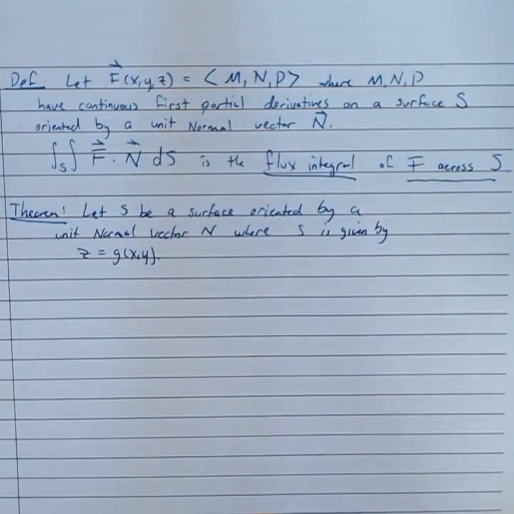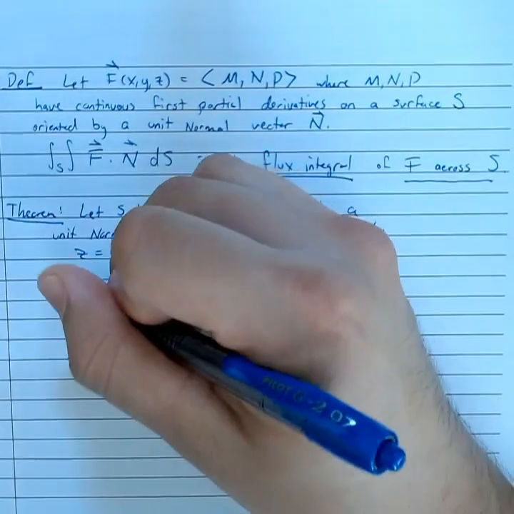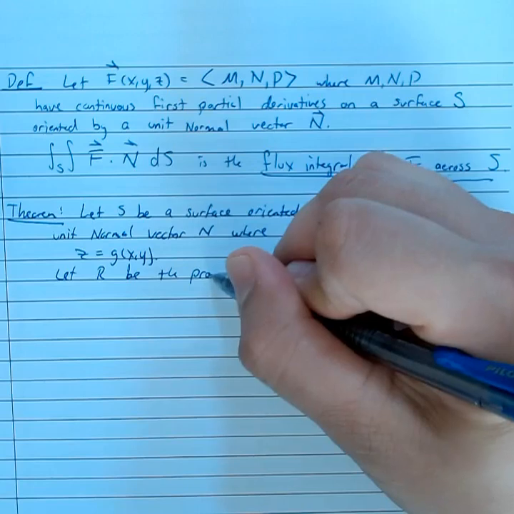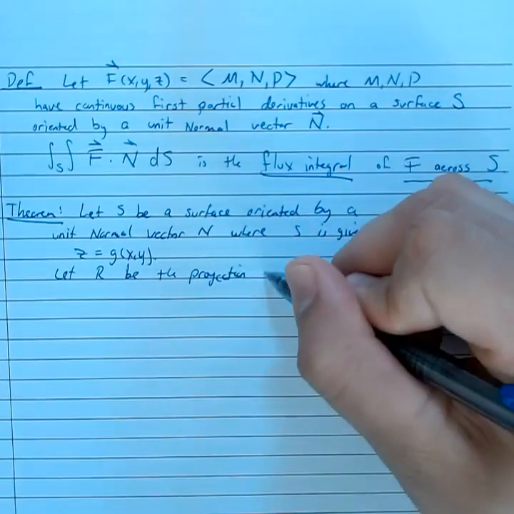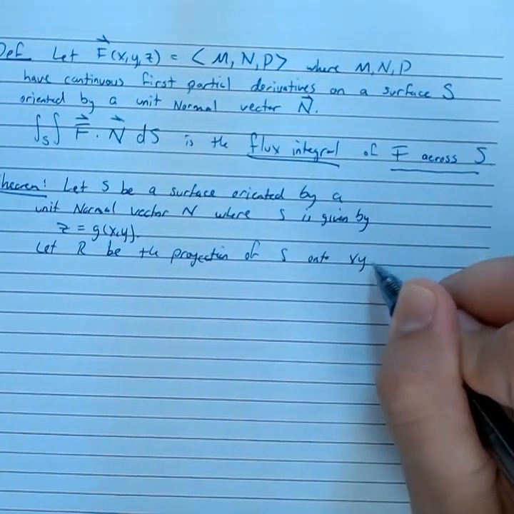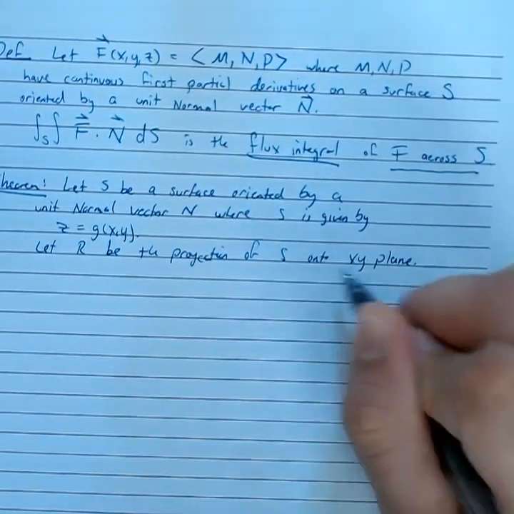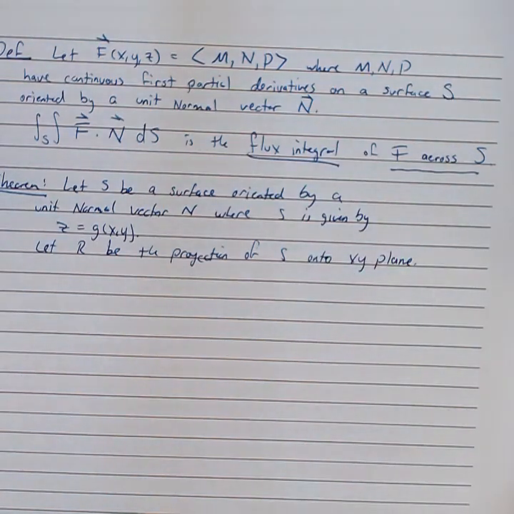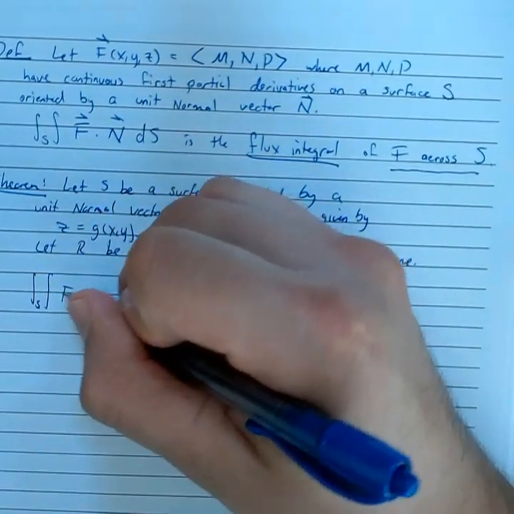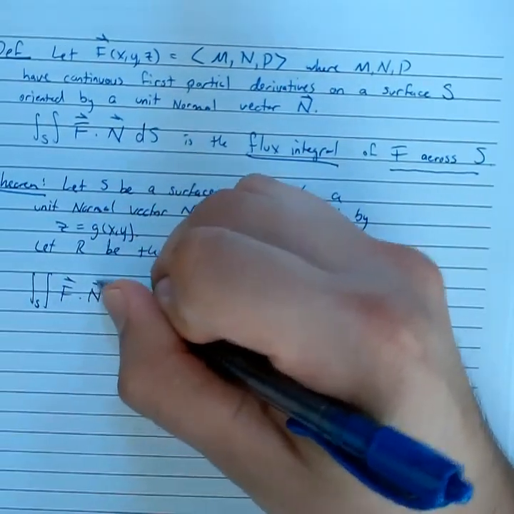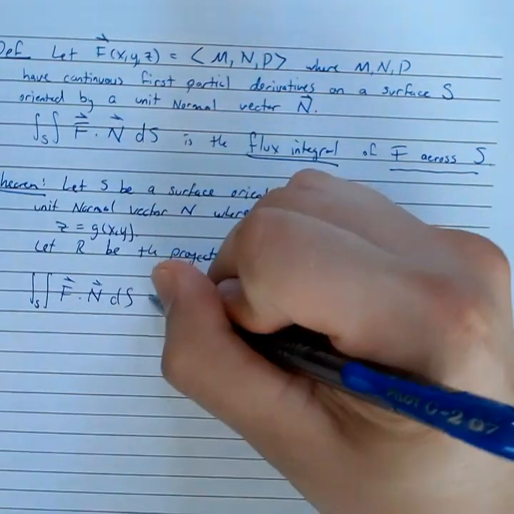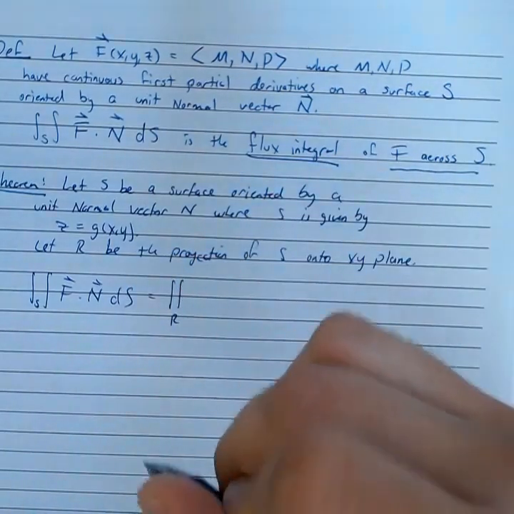And let R be the projection of S onto the xy plane. Then the flux integral of F in the direction of n across S is given by the double integral over R of